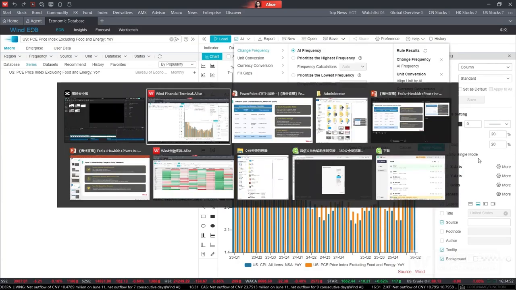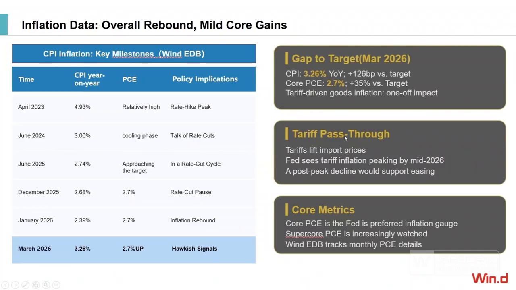From the perspective of the target gap, the current core PCE still remains 126 basis points away from the Fed's 2.0% inflation target. Moreover, the recent rise in goods inflation is primarily driven by tariff effects, which represent a one-time shock rather than a persistent pressure. The Trump administration's tariff policies are transmitting inflation by pushing up import prices, but the Fed expects this impact to peak around mid-2026. Once it subsides, that decline will serve as an important signal for the Fed to consider easing